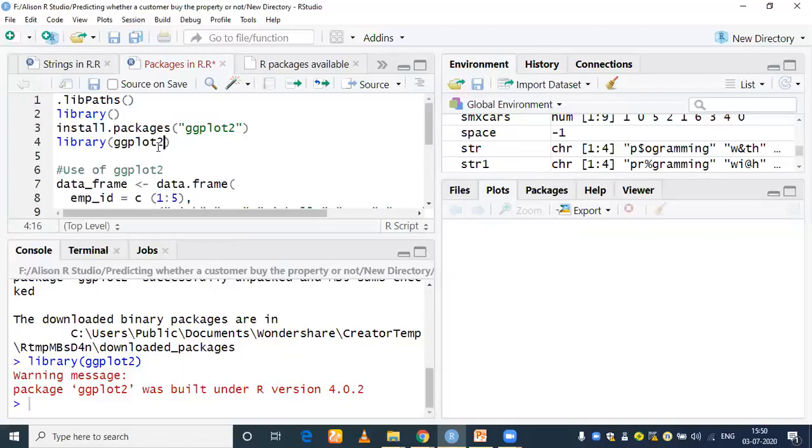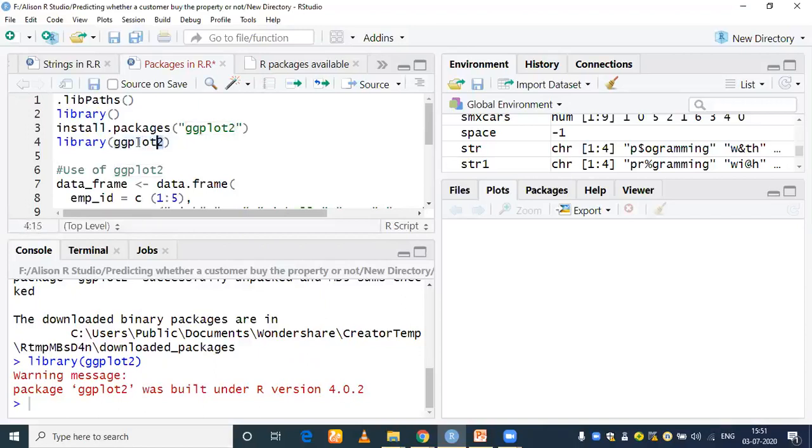Now let me show you how you can use it. As I told you, it's one of the important packages for data visualization, through which you can draw a plot, a scatter plot or whatever it is. By the way, we are going to see the various types of graphics and plots supported in R programming, such as box plot, bar plot, histogram, scatter plot, and any other type of plot supported in R, in our later sessions. But here, as we have installed and loaded ggplot2, I just want to show you a basic thing about how to use it.